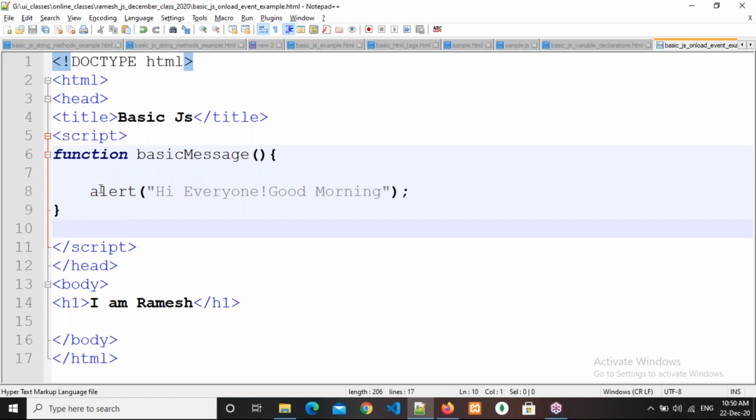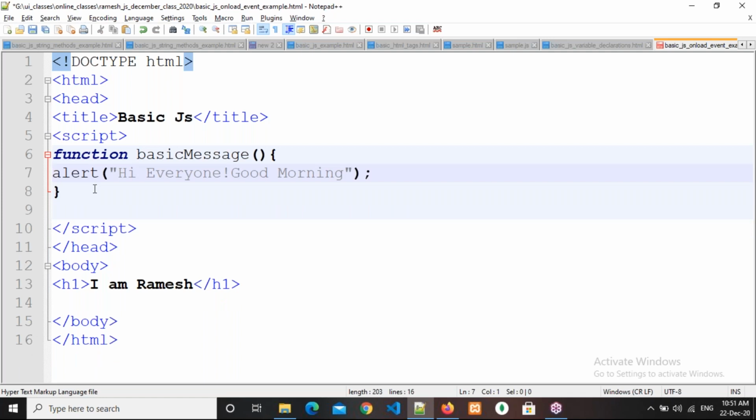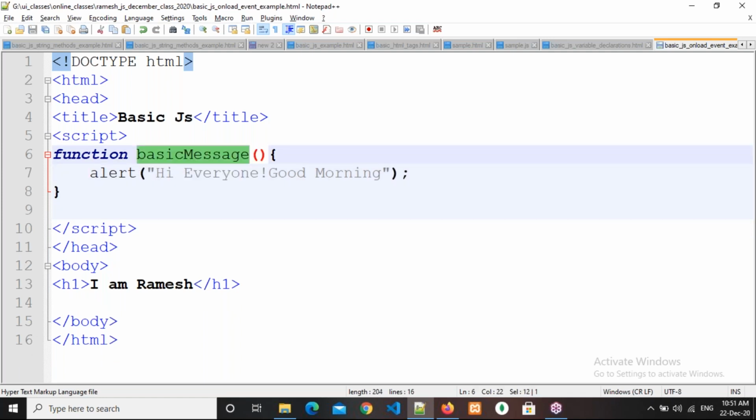So now if you want to execute this statement, what we need to do? Function call. We need to call this function. When? Then we need to decide. When we need to call the function depends upon our requirement. So what is my requirement? Whenever this HTML is loading, after loading of this HTML, not only this h1 tag, if we have 100 tags, after loading all the 100 tags, then only I want to see this select box.